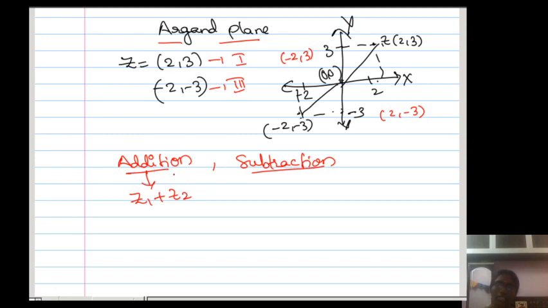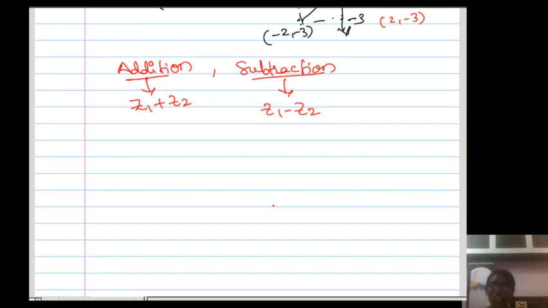So next I want to discuss addition and subtraction. Z1 and Z2 represent two points. Then how do we represent Z1 plus Z2 geometrically in the Argand plane? Next, how do we represent Z1 minus Z2 geometrically? That we are going to discuss in the diagram. For example, Z1 is some point P here, that is (x1, y1). Z2 is some point Q here, (x2, y2), meaning Z1 is x1 plus iy1, and Z2 is x2 plus iy2, which I represent as ordered pairs (x1, y1) and (x2, y2).